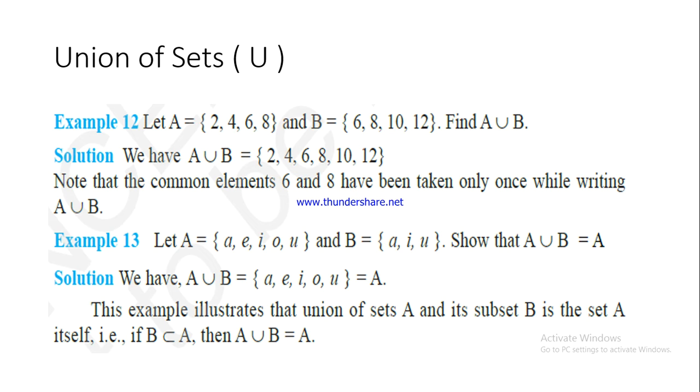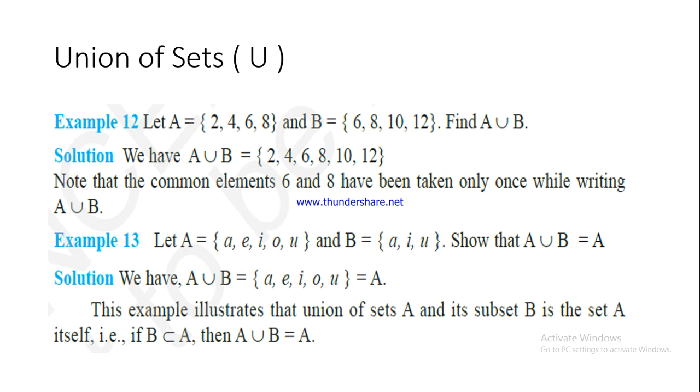Now this example also tells you that if there is a set and if there is a subset, then the union of the set and the subset will be equal to the set. Here you can see that B basically is a subset of A. B has 3 elements and all these 3 elements are present in A. So basically B is a subset of A. So A is the set while B is the subset. So when you find out the union of a set and its subset, the union will have all the elements present in the set, and that is why A union B is also equal to A, E, I, O, U